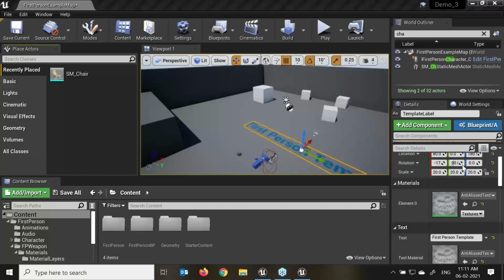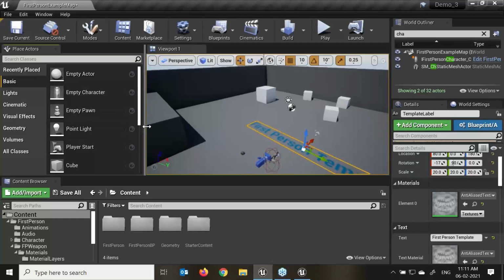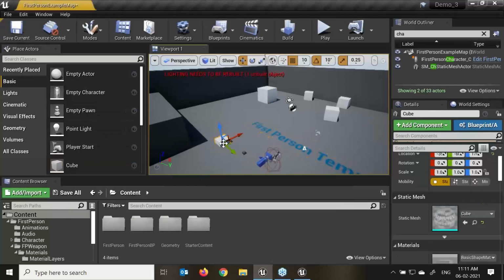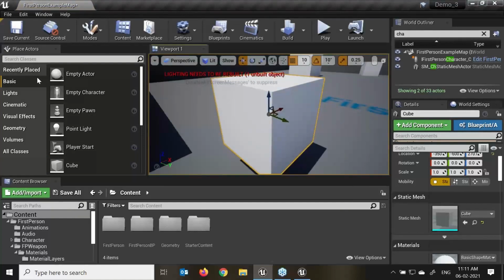So when we talk about the actor, first of all we will discuss the static mesh and the skeletal mesh. A static mesh is a piece of geometry that consists of a set of polygons. If I click on these basic shapes and drag and drop my cube into my scene, press F. So when we look at the basic shapes, most of these are static meshes, right?